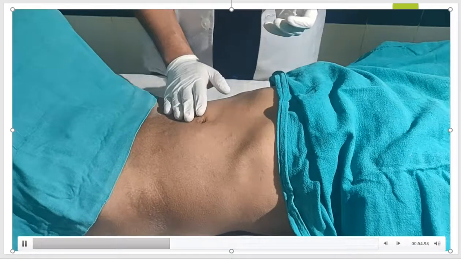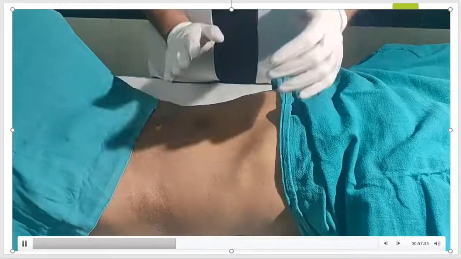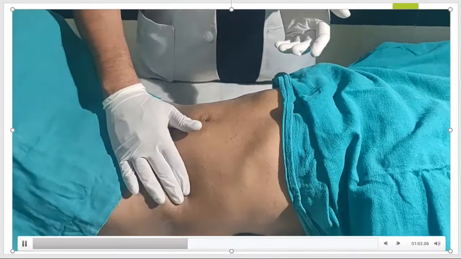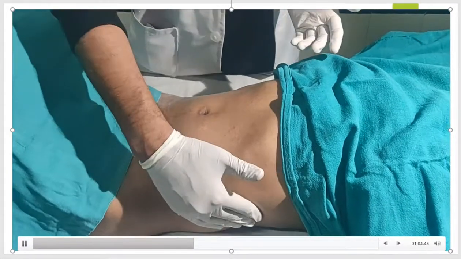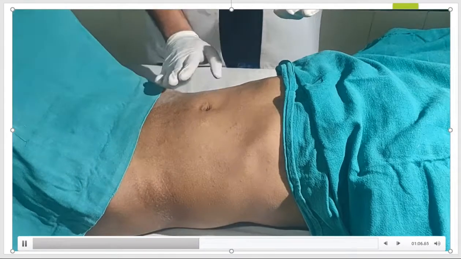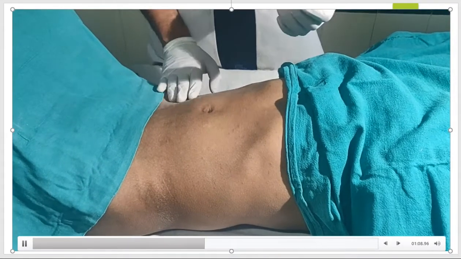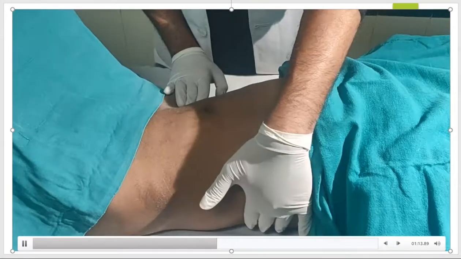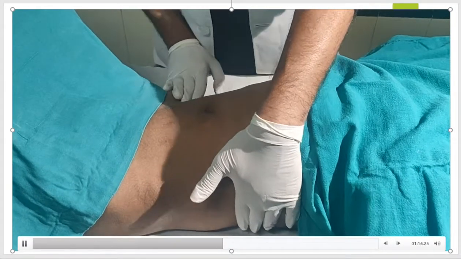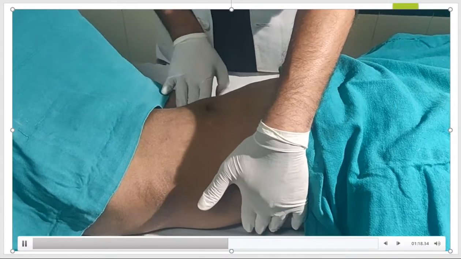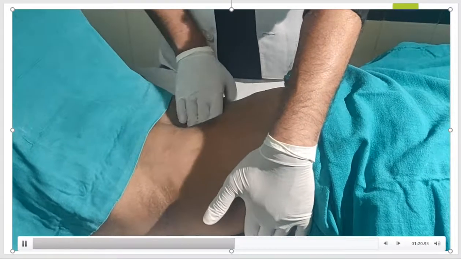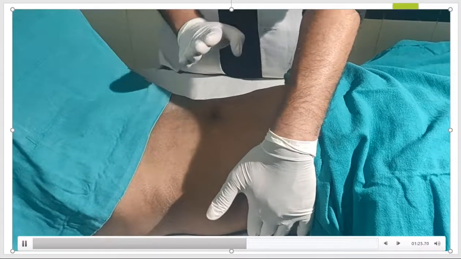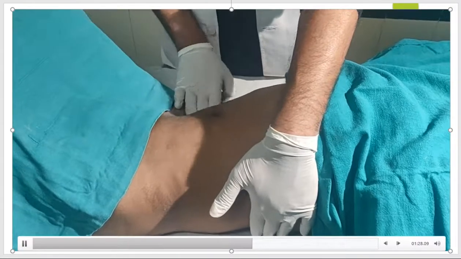So how do we palpate the spleen? Palpation for the spleen is done in 3 methods. You can start from the right iliac fossa, the left iliac fossa, or what is known as the hooking method. First we'll start with the right iliac fossa. We keep our left hand behind the subcostal region with firm pressure, and start palpating from the right iliac fossa towards the umbilicus in a circular fashion every time the patient expires. This helps us go deeper.